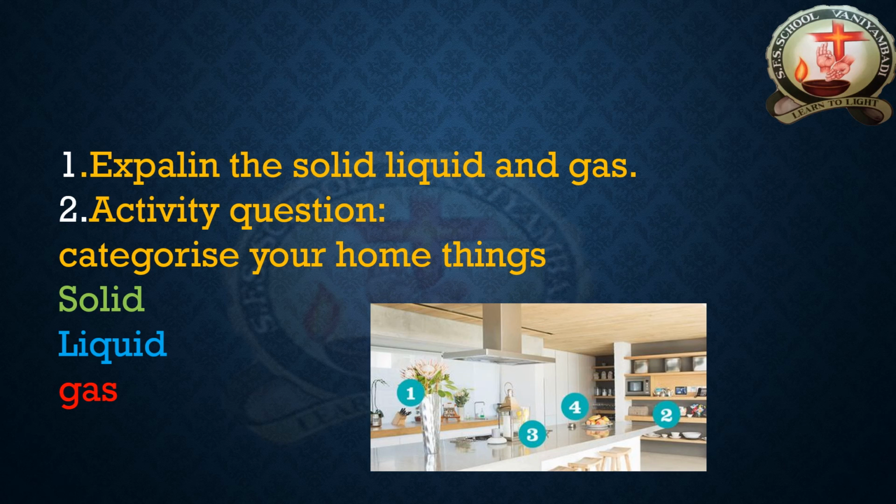I can see your kitchen, so I give only one example; you can do it like this. What are the things in your kitchen, and what is their state? Suppose there is a kitchen table made of wood, which is a solid. The chimney is made of iron, which is a solid. Your mom is cooking with cooking oil, so oil is a liquid. The LPG gas cylinder is filled with gas and protected with a solid body. Like that you can categorize anything and show it to your parents.